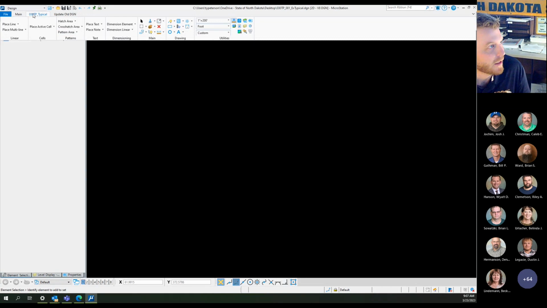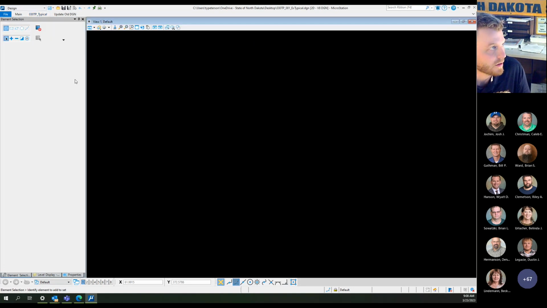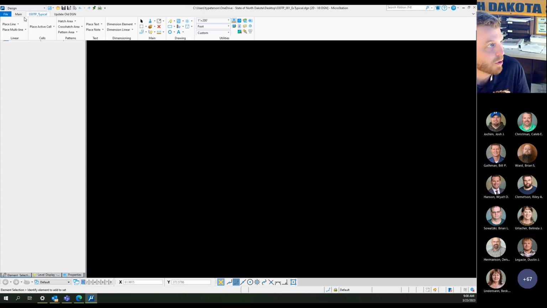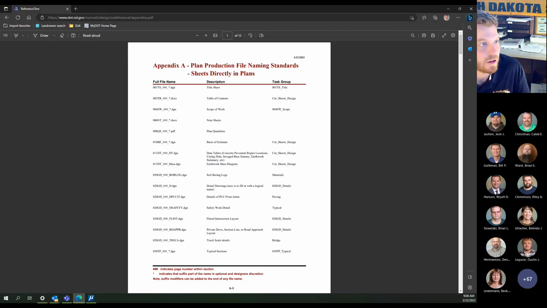If you did not label this correctly, if I forgot the T, this will not come in. It might show you something like "no name specified" or something, and you might not get all the cells you need for this drawing in. So it's pretty important, again, to make sure that you label that accordingly to this appendix here. So, okay, moving on